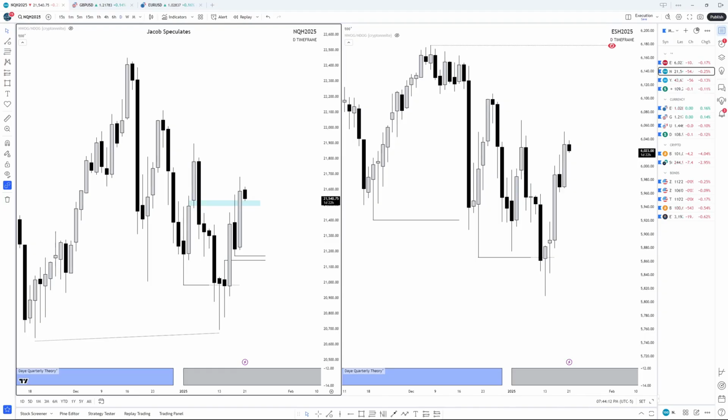Can you speak about seasonal tendencies and market shifts? Generally, seasonal tendencies, well, there is something to it, but generally seasonal tendencies are inaccurate when it comes to these markets. So we won't cover too much on it, but in April, we have a high chance of seeing a bearish monthly SMT. And in November, we have a high chance of seeing a bullish monthly SMT. So that's all I'll say on that.